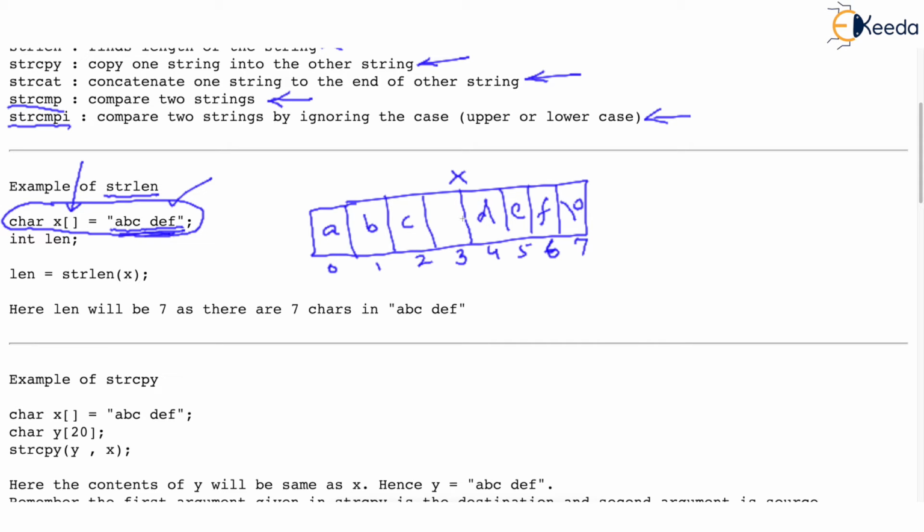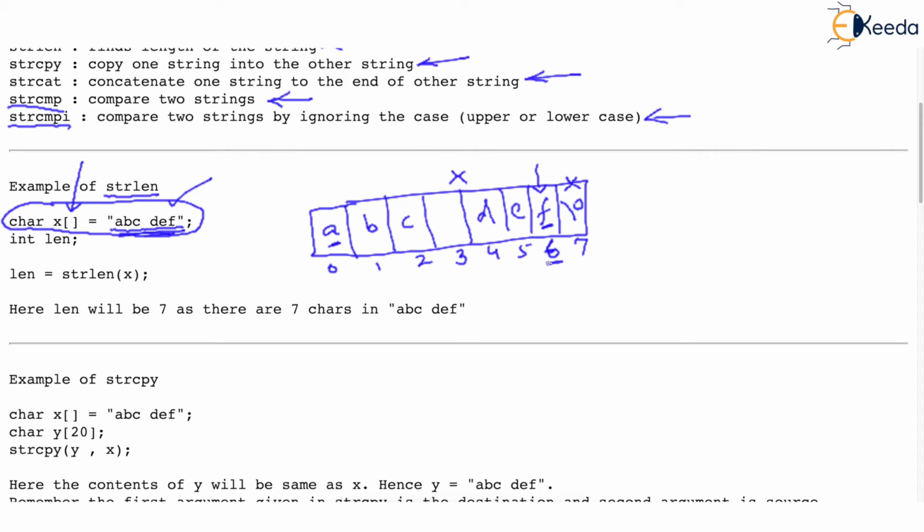So if somebody asks you what is the length of the string stored in the X array, the length will be found just by counting the number of characters up to F. Check my words: you will not count this \0, because \0 is not part of your string. You will count all letters from A to F, and the answer will be 7.